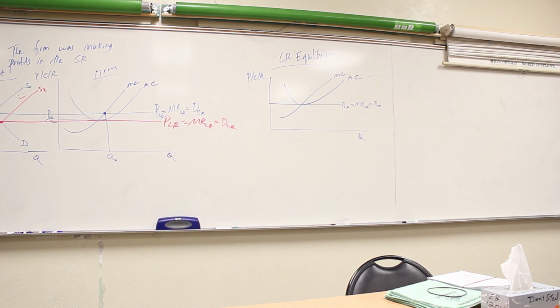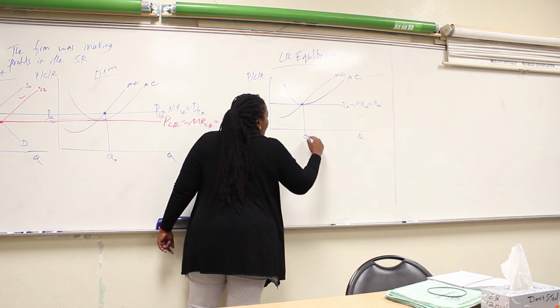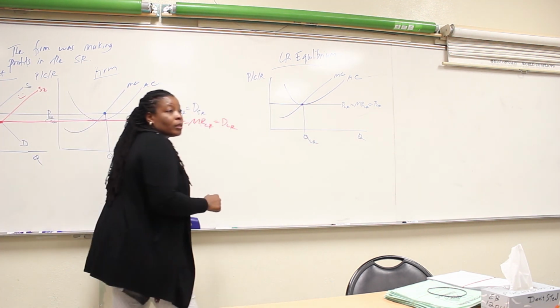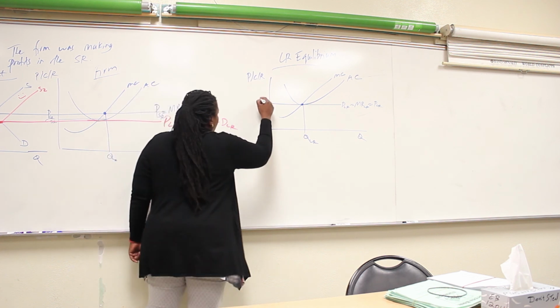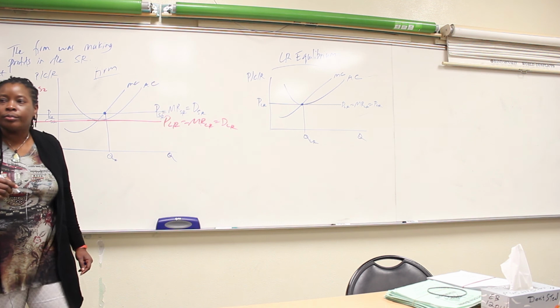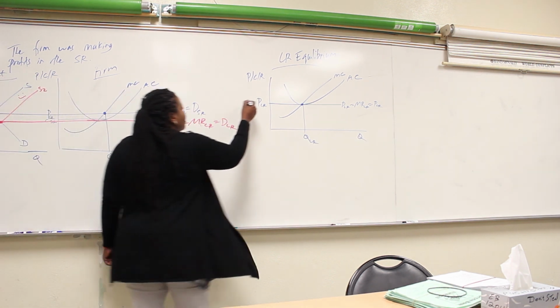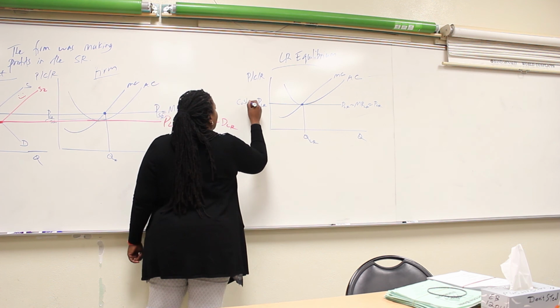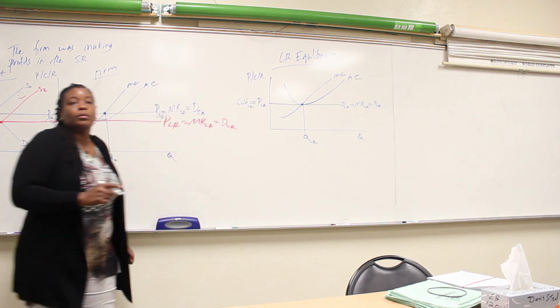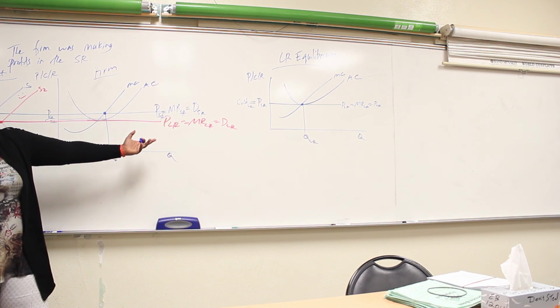If you go through the motions, profits are maximized where MC is equal to MR. You want to figure out the price? Well, we know they're price takers. What is the cost of production? 5. It's the same. Very good, it's the same. That's the long run equilibrium for a purely competitive firm.